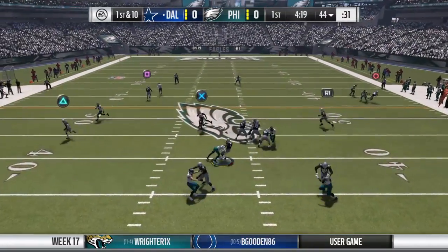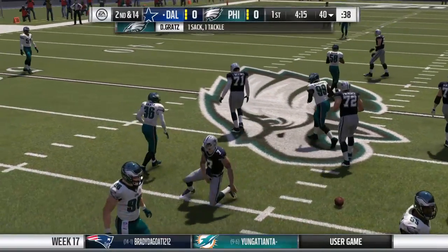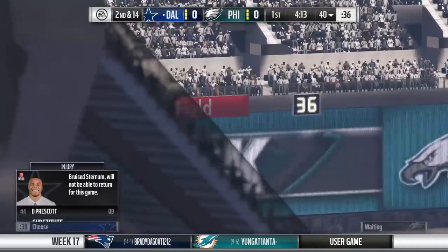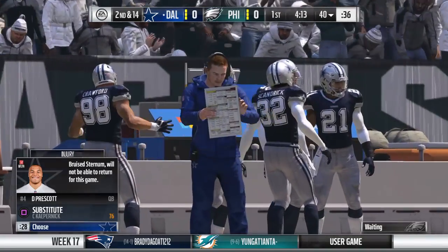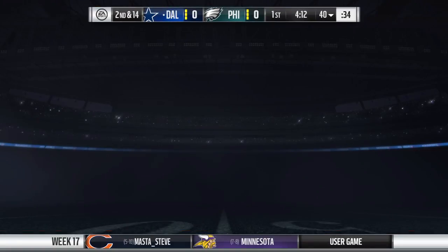Kaepernick now on first down. And no escaping this time as he'll go down. They got him for a sack. They brought him in off the corner, and he gets in to drop him for a loss of 4. Oh, my goodness. Was that a defensive...